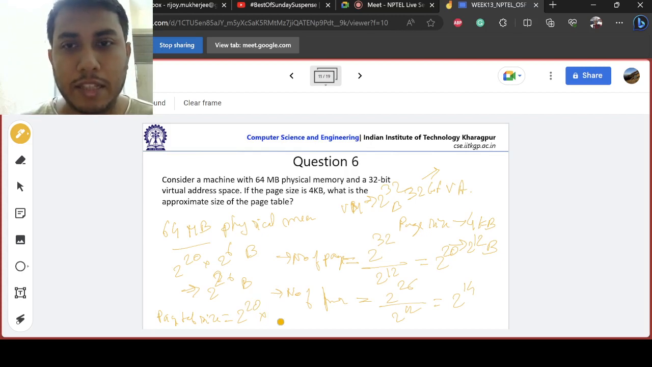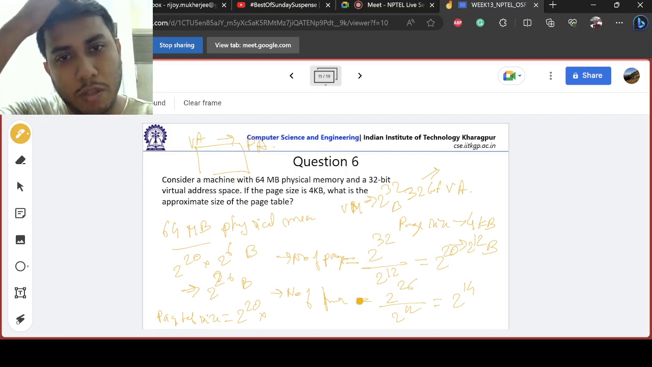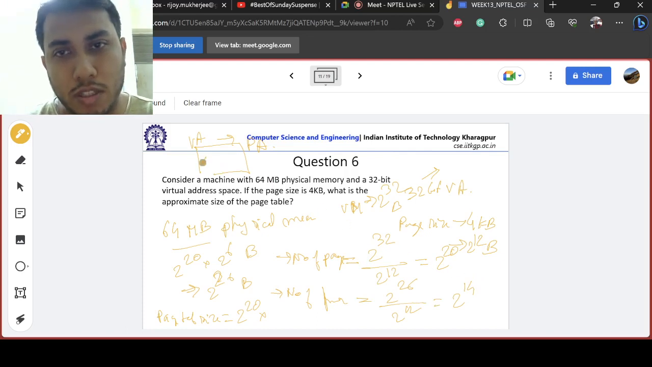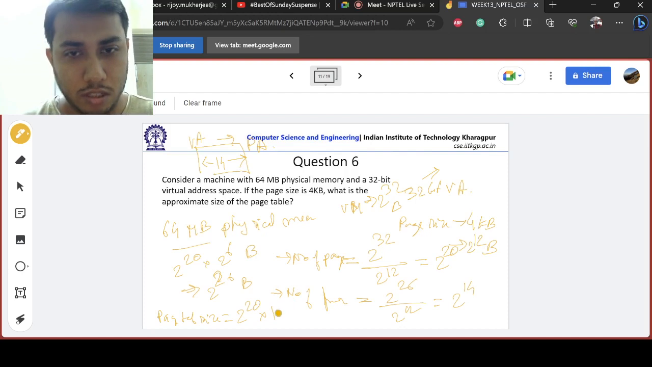Now, what does the page table contain? What does the page table do? The page table translates a virtual address to a physical address, right? So the physical address in this case will be the number of frames, that is 14 bits. So each entry will basically be 14 bits. So the page table size will be